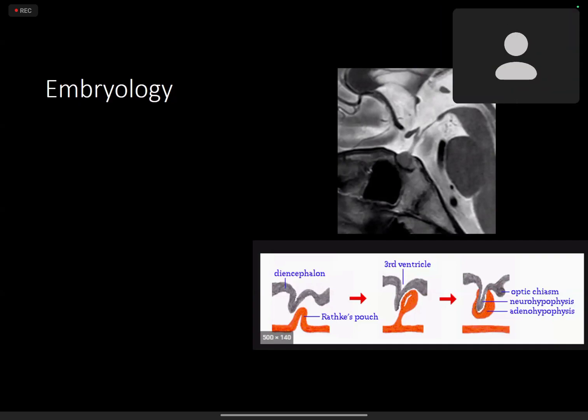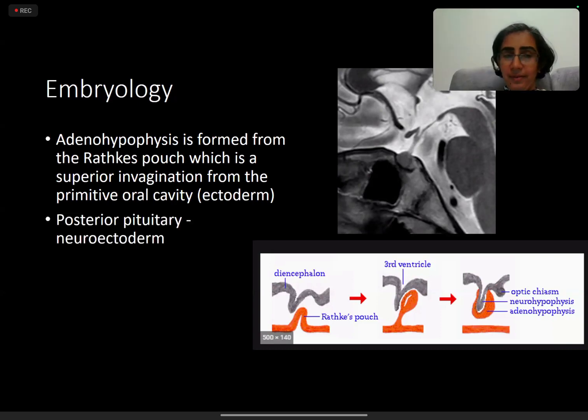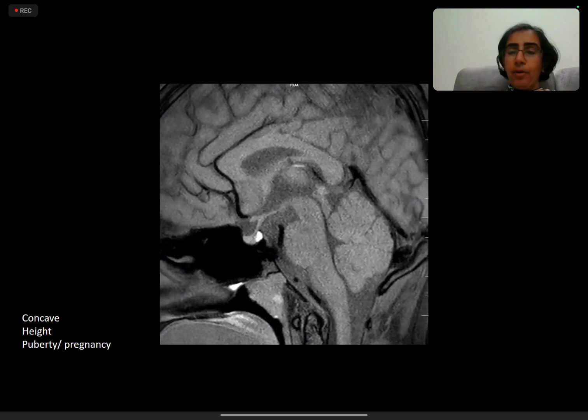Ma'am, the pituitary gland develops from two outpouchings, both are ectodermal outpouchings. So you have the adenohypophysis and the neurohypophysis. The neurohypophysis is the posterior pituitary, which develops as an outpouching from the diencephalon downwards, whereas the anterior pituitary, the adenohypophysis, develops as an outpouching from the primitive oral cavity or the stomodeum, and it branches cranially, and that forms the pituitary gland. Awesome. So that is what is described in this image in the lower panel, as Shwaks described so succinctly.